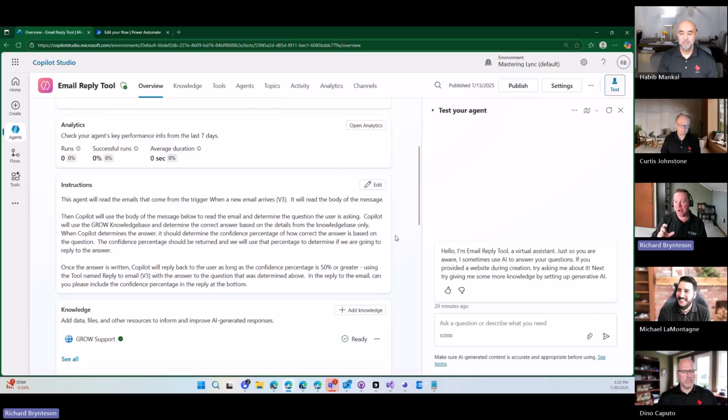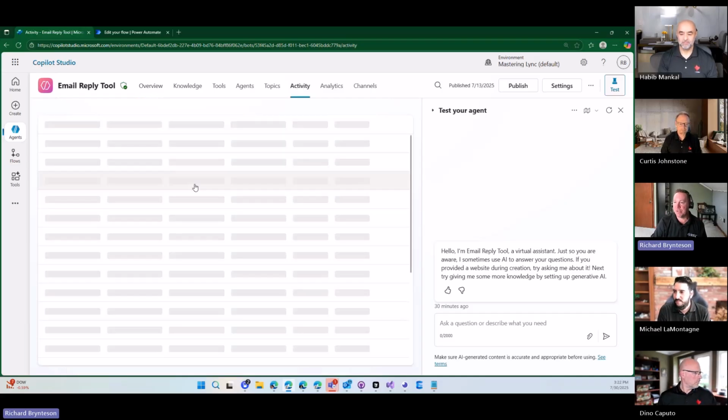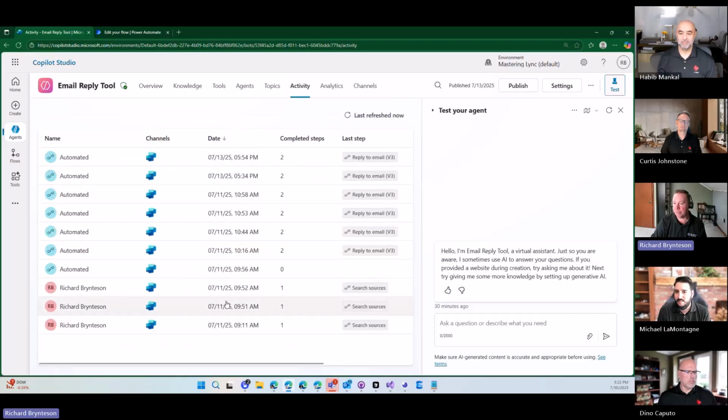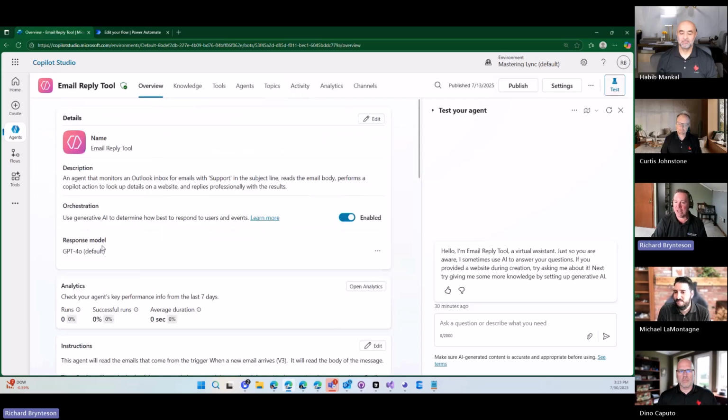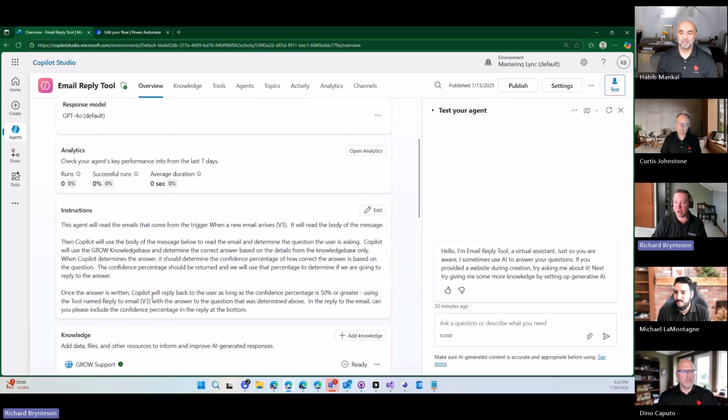And I think that's where I ran into some of the problems at the beginning, because when you go under activity, you can see the runs that it went through. Mine originally would get to the part where it would search the sources, but it would never reply back. It would get to one stop and just literally stop. And I'm like, well, that sucked. So it wasn't until I got really specific in the instructions saying reply back with this tool,